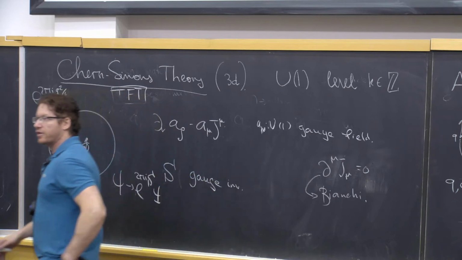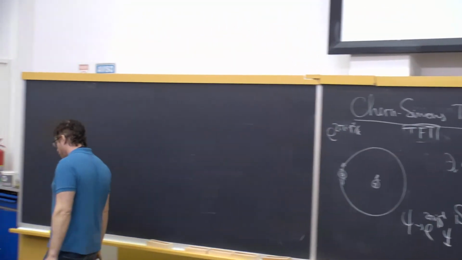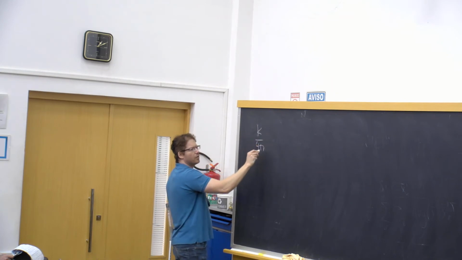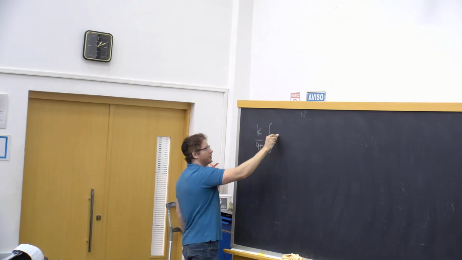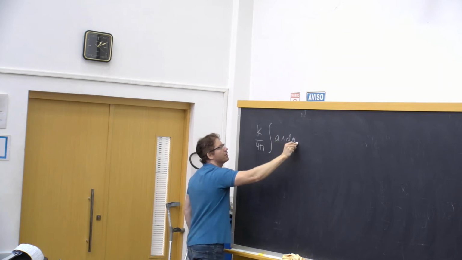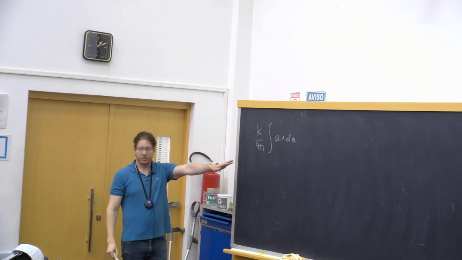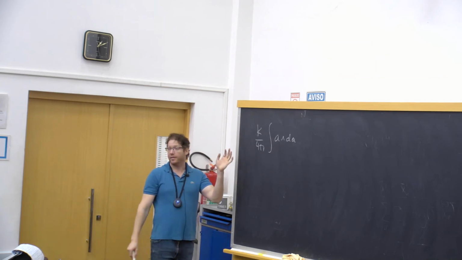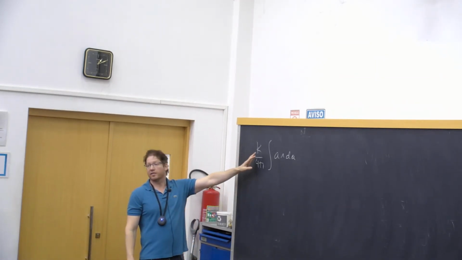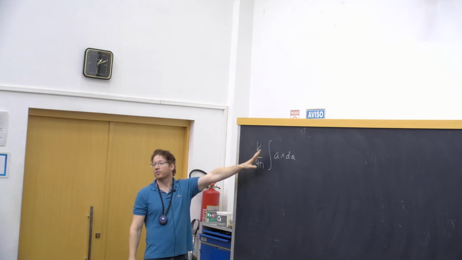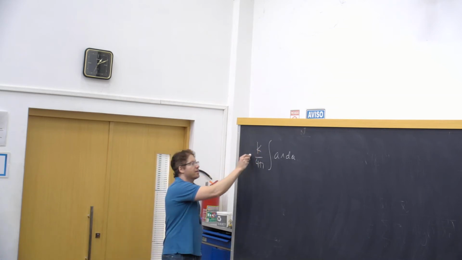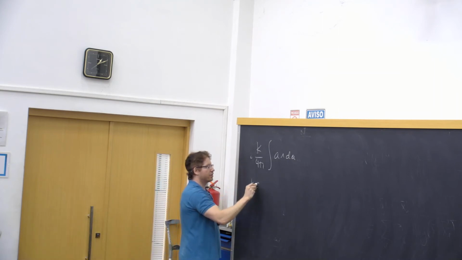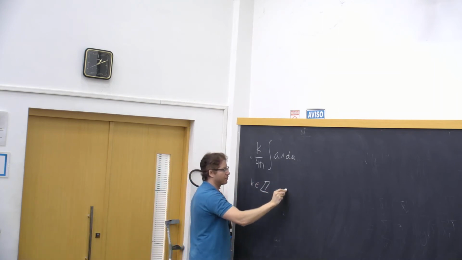So now I want to describe, well, first of all, I should say that mathematically there is a shortcut notation for Chern-Simons theory, which is A wedge dA. And you'll often see it written like that. It's just a shorthand notation for what we just said. I should just say that in general, mathematically, the path integral over gauge fields with this action, with an i, only makes sense when k is an integer. So k is an integer is just a mathematical fact.